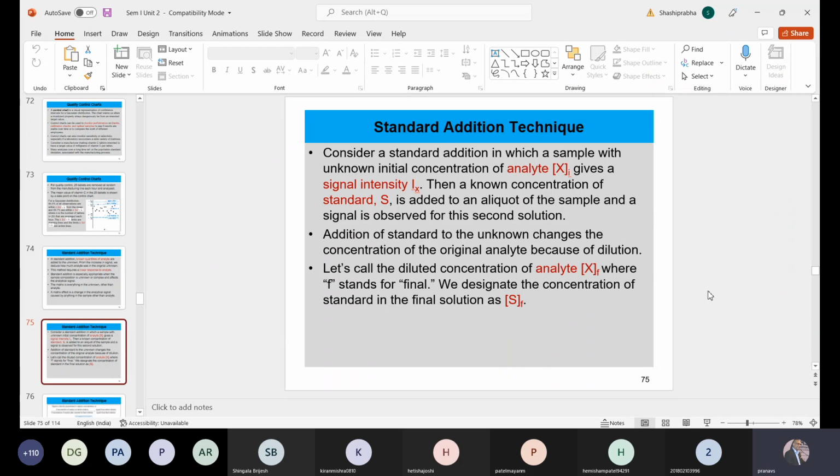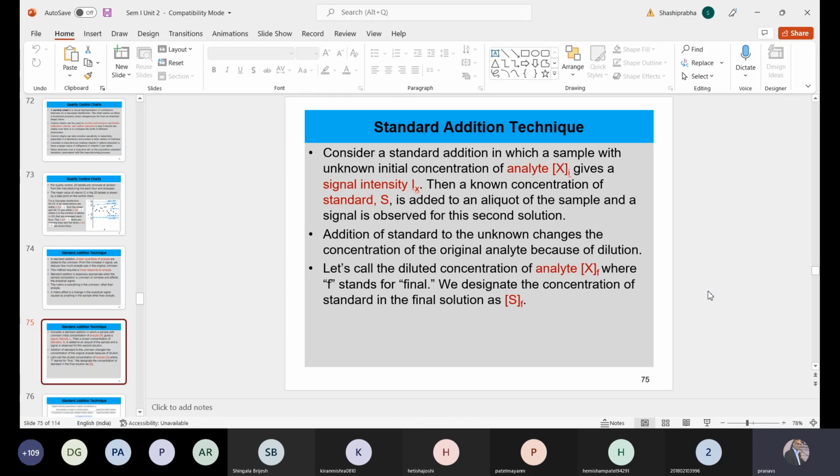उसके अंदर एक एनालाइट था X, लेकिन कम था, उसकी इंटेंसिटी मान लो के I है, उसमें हमने वही X का स्टैंडर्ड सोल्यूशन डाल दिया। अब क्या होगा, उसका इंटेंसिटी बढ़ जाएगा, बढ़ तो जाएगा, लेकिन जब आप कोई चीज अंदर डालोगे, एक सोल्यूशन दूसरे सोल्यूशन में डालोगे, तो नेचुरल है कि डाइल्यूशन हो जाएगा, और जैसे ही डाइल्यूशन होगा तो कॉन्सेंट्रेशन फिर से कम हो जाएगा। तो ड्यूरिंग स्टैंडर्ड एडिशन